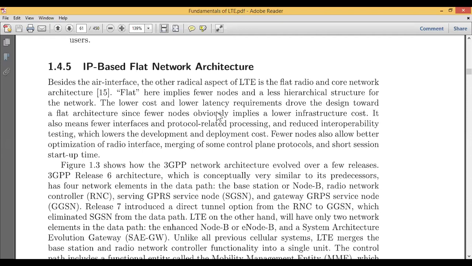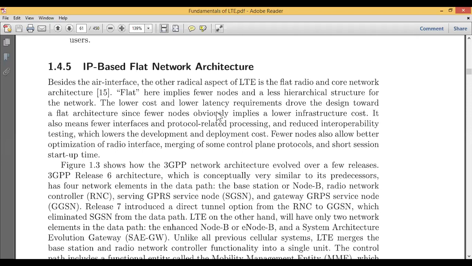Flat means that when few nodes, few subscribers, few users, few entities come, we call it flat. There will be a less hierarchical structure, without following multiple tasks and multiple blocks. Very few structures are available in this flat network. But when you compare with the core network, it is a very big network, and a big hierarchy is followed for each node. That is the basic difference between the flat network and the core network.